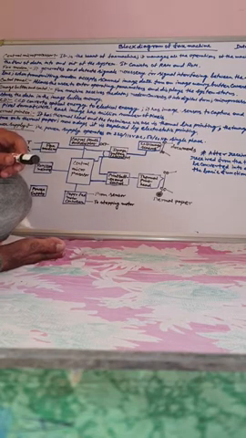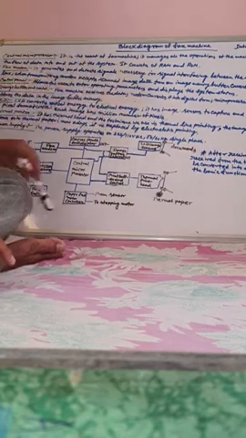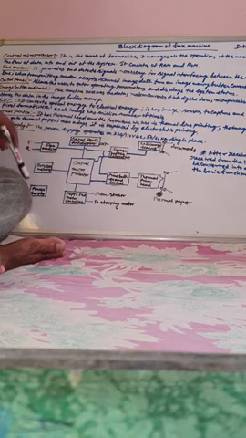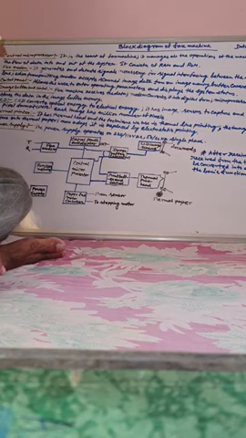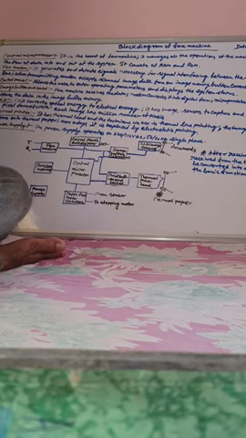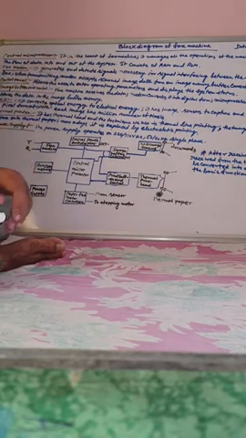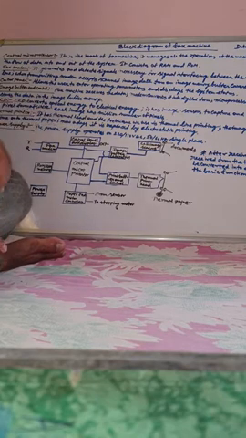If you understand this block diagram carefully, very earnestly, then you will be able to write every point one or two times. You just read those points and the explanation, and you will be able to write in the examination hall very easily. There is nothing very tough. You know each block, so nothing is very tough here.